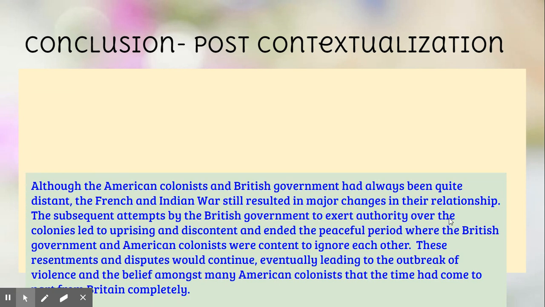Post-contextualization is a fancier word for that. So going back to body paragraphs for a moment, I can name lots of problems that I see consistently over the years in students' writing. But if I had to pick the number one thing, it's a lack of content knowledge. If you don't know your content, if you do not know the information, you will not do well here. You just won't. Whether you have a book to look at or not, I don't allow you to use notes when you write, but even if I did, if you're just copying stuff out of the notes, that won't be